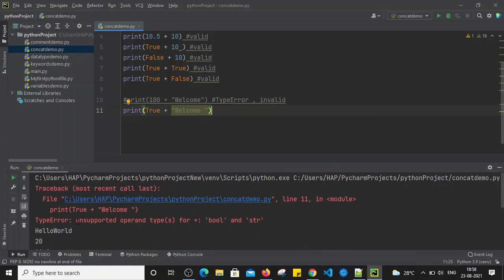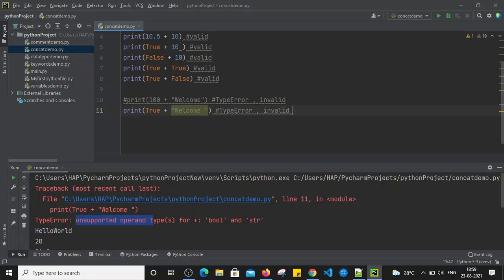It will throw a type error, and it is saying unsupported operand types for boolean and string. So here we are trying to concatenate boolean along with the string. So this is also invalid. It will throw the type error. Right, so far we have seen that in Python we can combine similar data types, but we cannot concatenate different data types. For example, we cannot concatenate boolean with string, or integer, that is numbers, with string as well.